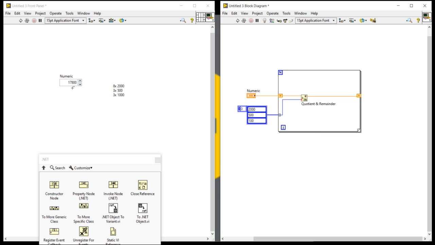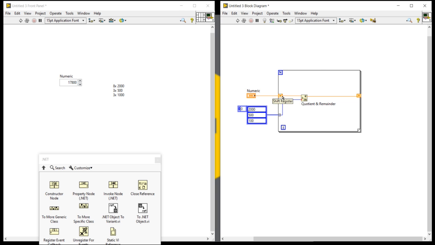Just suppose after dividing by 2000, the remainder will be 1800 rupees. Then again it will send that 1800 rupees back to these locations, and when the program runs a second time, it will take 500 rupees inside, and now it will divide my 1800 rupees.